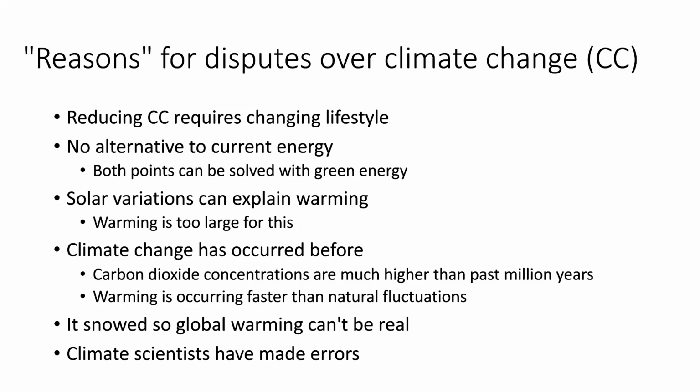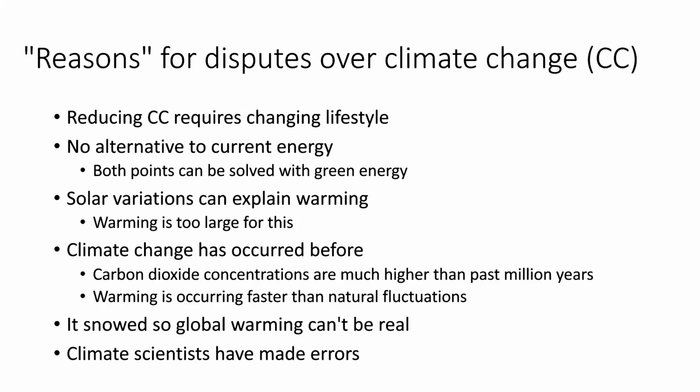And then other ones are related to different things we've seen in the past in terms of the climate. Some people say that solar variations explain the current warming we're seeing, which is incorrect, because the warming's too large for the solar variations to account for it on its own. And then they also bring up the climate change that has occurred previously. Because again, climate change is a natural process, but the climate change we're seeing currently is